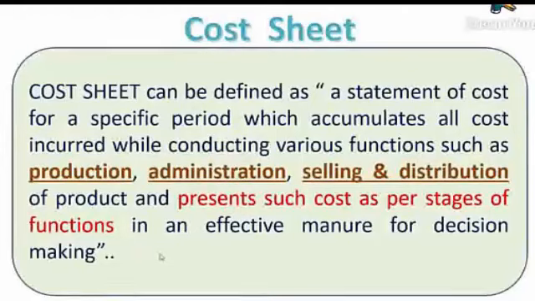The expenses are classified here and presented as per the stages of function. So costs are not combined together in any way. They have to be combined very systematically, function wise. First we will take all factory costs because production is first, then we will take administration, and finally we will take sales. And when we combine all these costs, we get the answer called total cost. Now this is required for taking managerial decisions. So let us study the cost sheet further now.